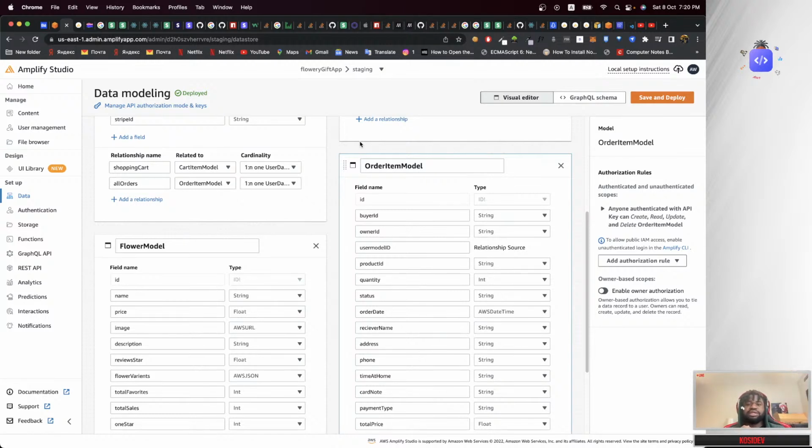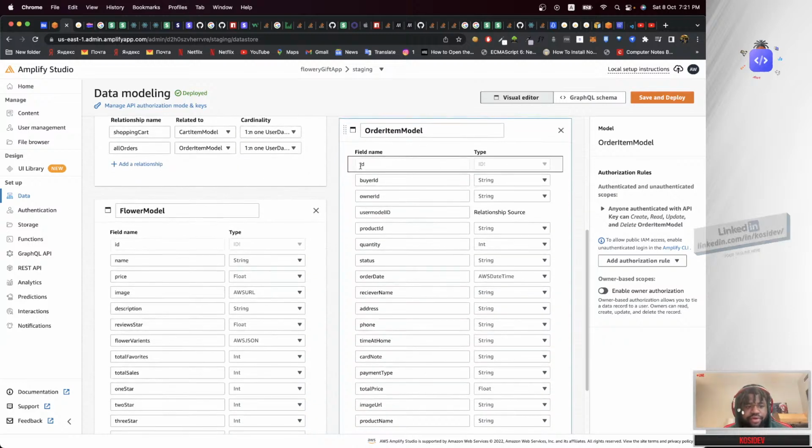So in that case we need to create an order model whereby the user can see the order model. The vendor of that particular order can see the list of orders people made for his or her products. And also the admin, who is in charge of the whole platform, can see the list of orders people are making so far through the app. So that's why we are creating this order model.